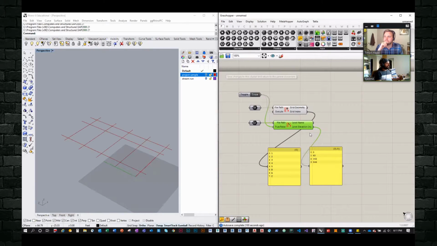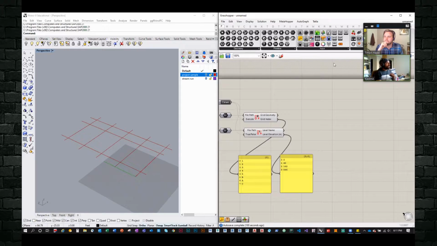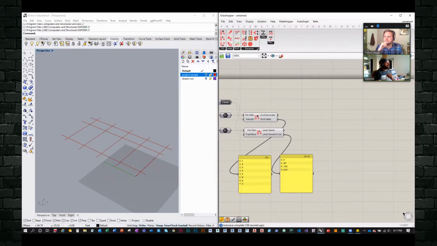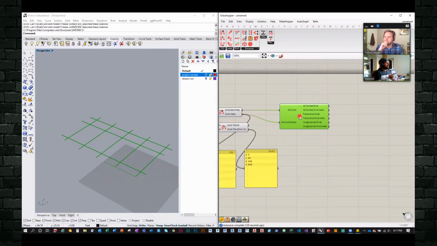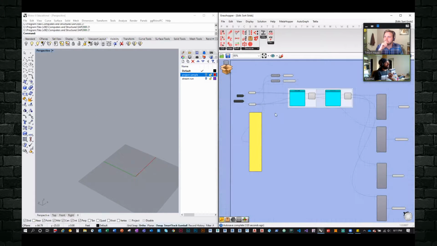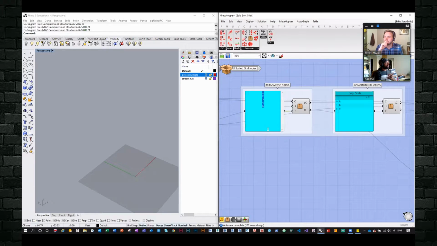And that's good. So now the next step is, I typically don't know how my grids are sorted. So I developed this cluster that takes the grid geometry, which is just the curves that represent the grids, and the name of the grids, and sorts them based on transverse and longitudinal. And this is where I type in which grids I want to divide up.